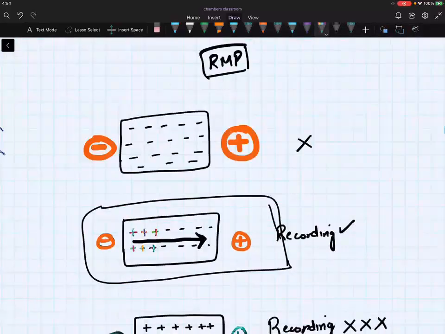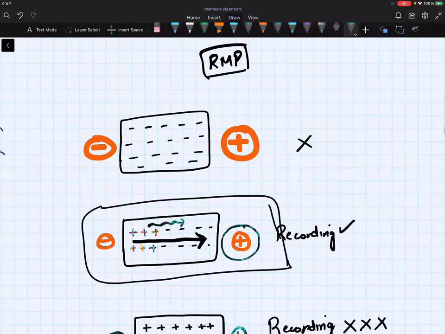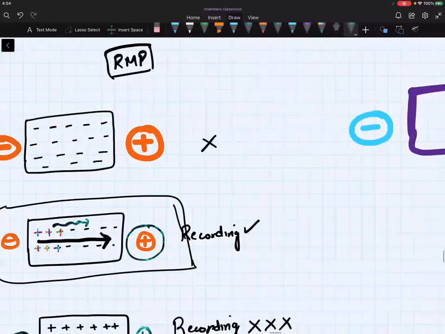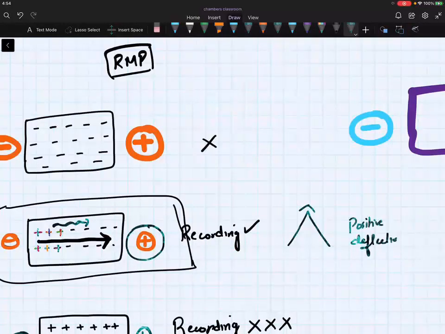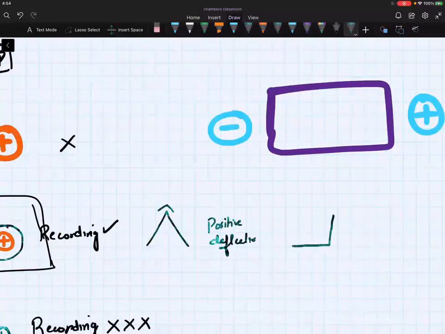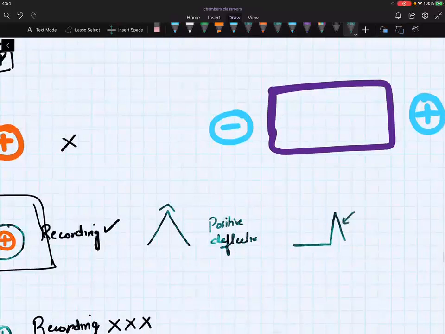Now, can we see the positive current flowing, depolarization happening towards which electrode? Positive electrode. Where is the depolarization happening? Towards the positive electrode. If you see a depolarization happening towards the positive electrode, this will be recorded as a positive deflection by the ECG. So if I have a baseline like this, then this positive deflection will start. How much? That's a different question. Just giving you an example that it will record a positive deflection.